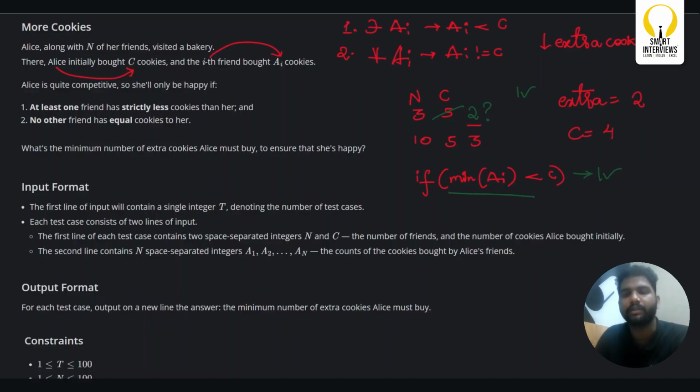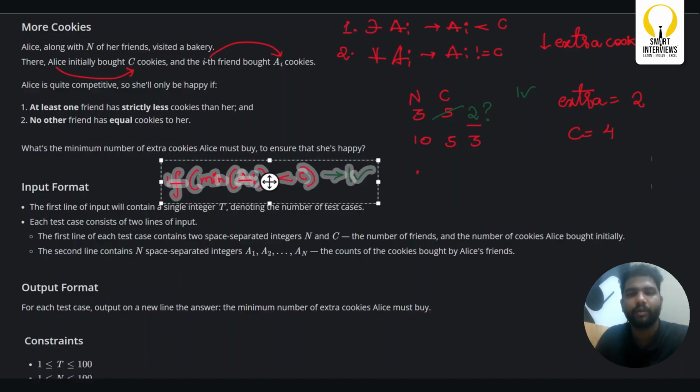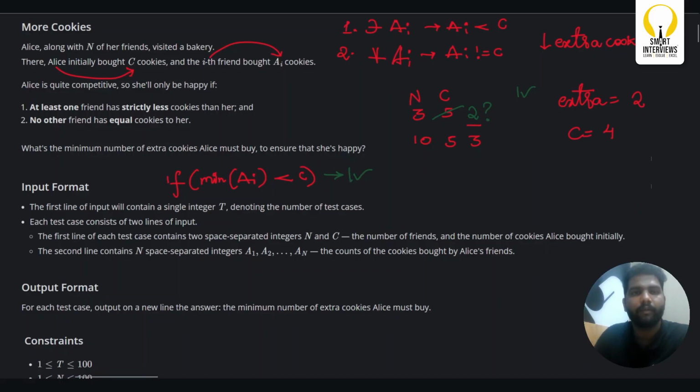So if this is less than C, then the first condition is satisfied. Else you have to make it minimum. How do you make it minimum? So when do I make it minimum? When the condition is something like this, right? If the minimum of A[i] is greater than or equal to C, if this is true, what should I do? I'll simply